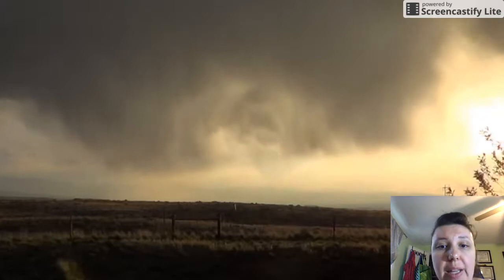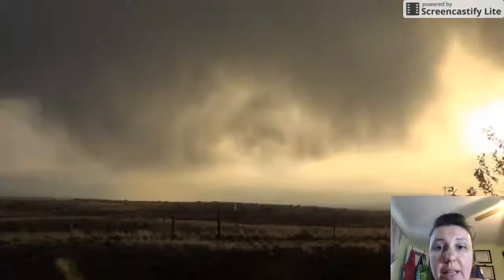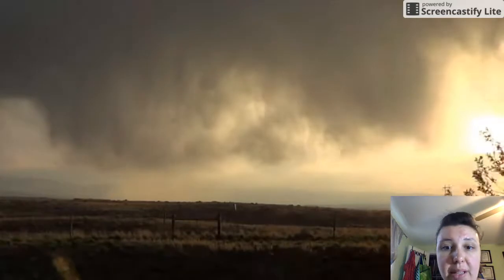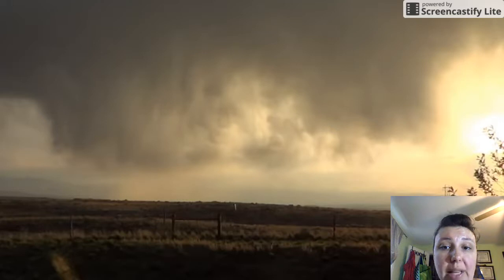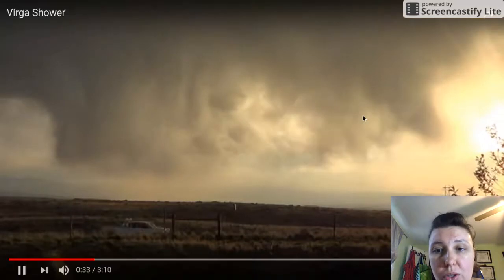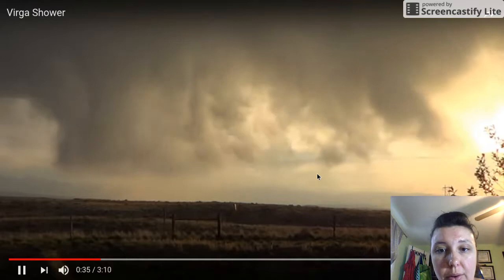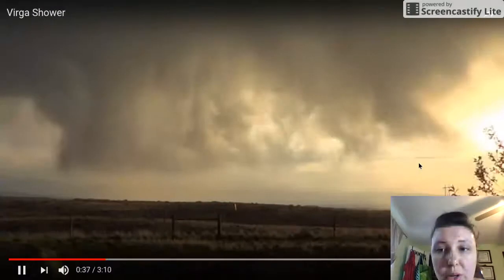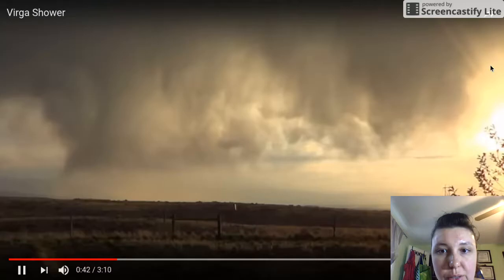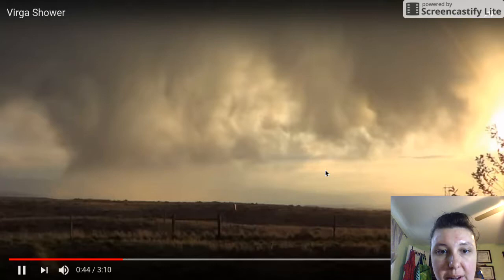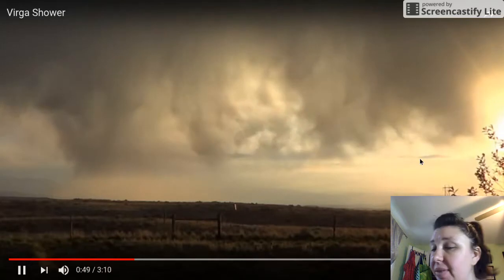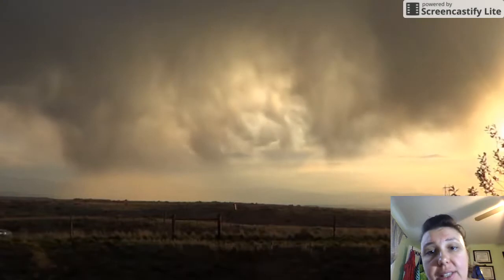But it's when the liquid, whether it be in its solid or liquid form, leaves the lifting condensation level or the base of the cloud, and so it begins to more or less rain out of the cloud. But as it's coming down, it dries out or evaporates on the way down, creating what's called virga. So it's basically raining up here in my image, right? Up here it is raining, but down here it is not. And this is incredibly common. You can see this all the time. I can't even tell you how many times I'll look up at the sky and I'll see these streaky kind